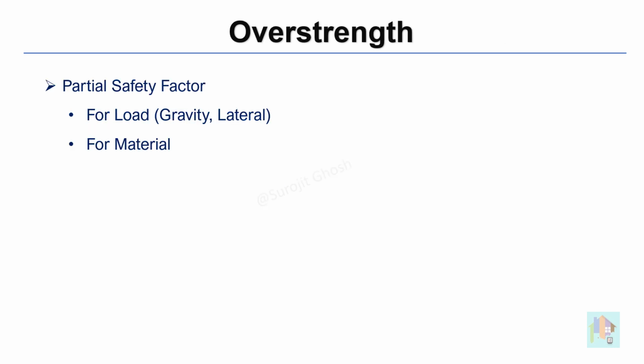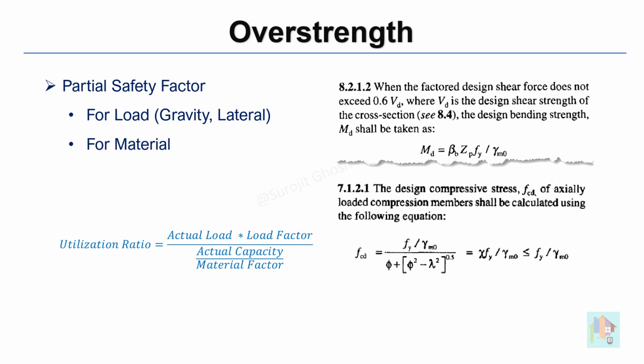For example, factored gravity and lateral loads are used for design, right? Normally 1.2 to 1.5 times of actual load is considered for member design. Along with that, partial safety factor is used for materials which reduce the actual section capacity. Check this bending or compression capacity equation of IS1800-2007, which clearly suggests that we are using a lower section capacity due to material uncertainty. With these factors, actual load is increased and capacity is reduced, which generates a reserve strength